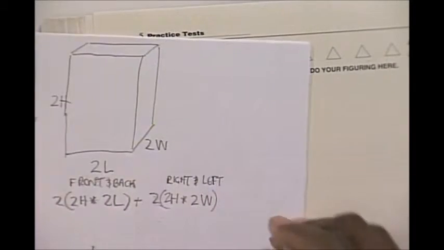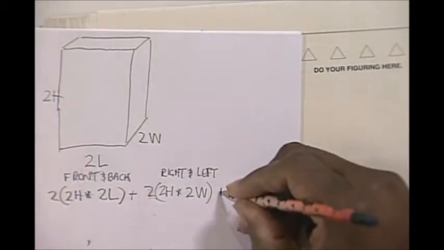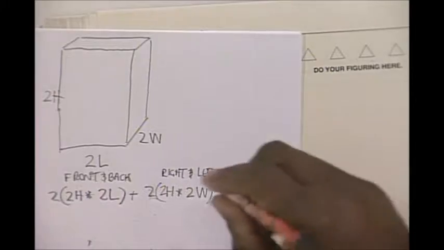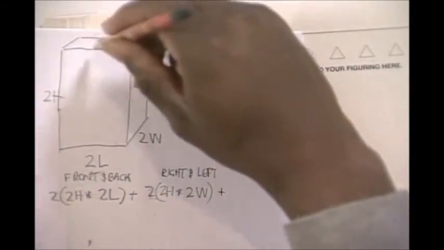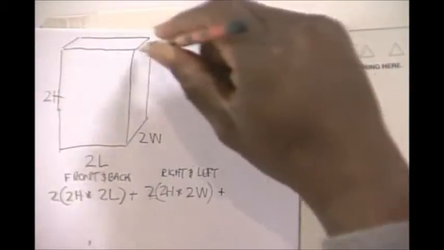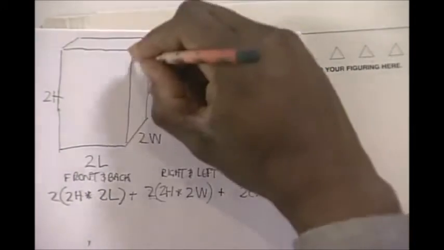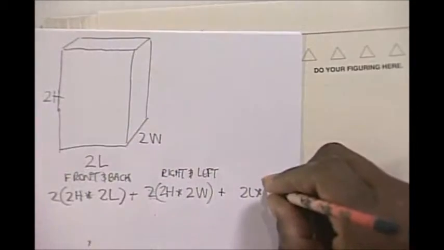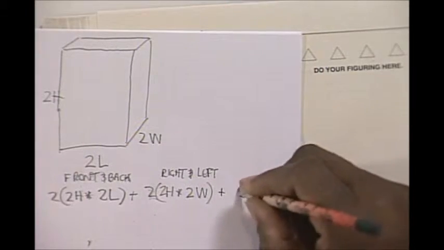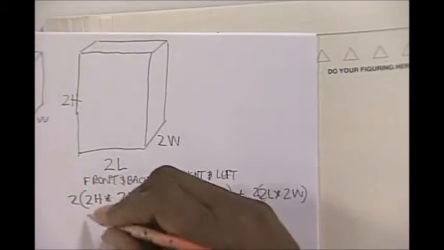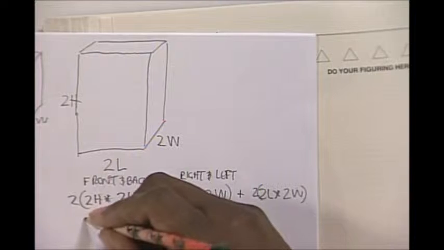Front and the back. And then what you'd have to do is observe that there's a top and a bottom area. So the area of this top would be twice the length times this dimension here, twice the width, and then you'd have to multiply that by 2 because there are two of those surfaces. So what you end up with is 4H